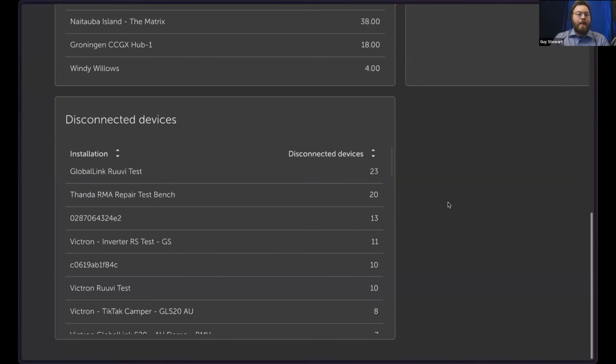One thing I will say about this, all this information is presented to you as a fleet operator with the intention that you can decide what you need to do with it. We're very mindful not to present end customer alarms and alerts if it's a non-critical situation. We don't want customers to be hassling installers about things that are just normal behavioral situations. As an installer, or as a system designer, it's useful to know, but we don't want to be popping up lots of alerts and alarms if we can help it. That's usually a last resort when action really needs to be taken and someone hasn't noticed.